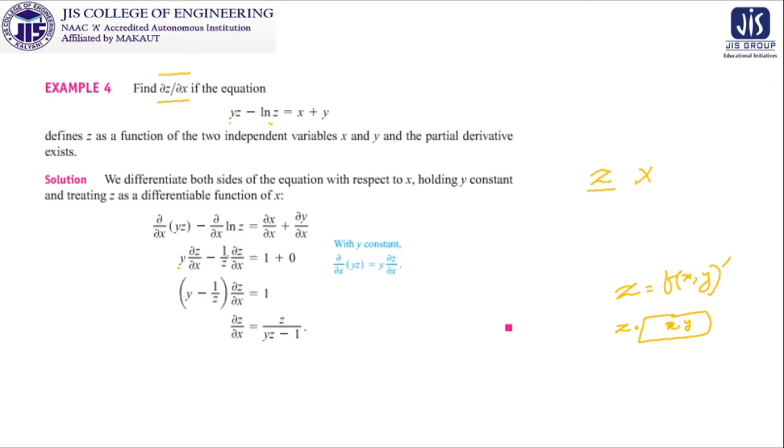del z del x. Then it is equal to 1 plus 0, and then we can take common 1 del z del x, and we can take 1 by y minus 1 by z as the denominator, or you can just take the LCM of this, so yz minus 1, and for adjustment z will be coming in the numerator. So the calculation is not tough. The important thing is to keep this symmetry in our mind, that what we are differentiating with respect to whom, and what is the characteristic of that particular thing.